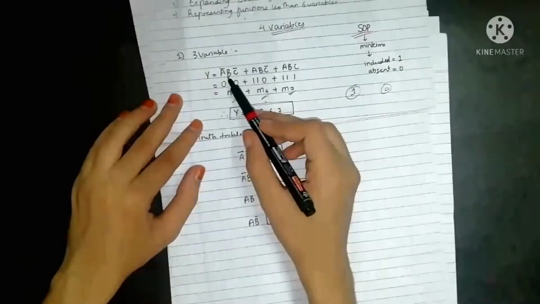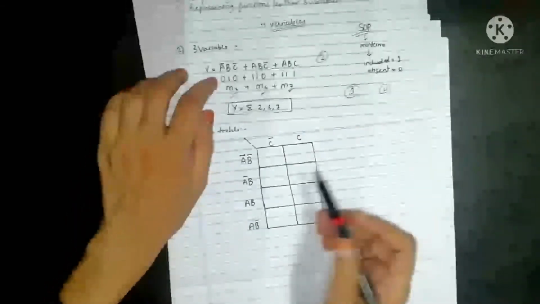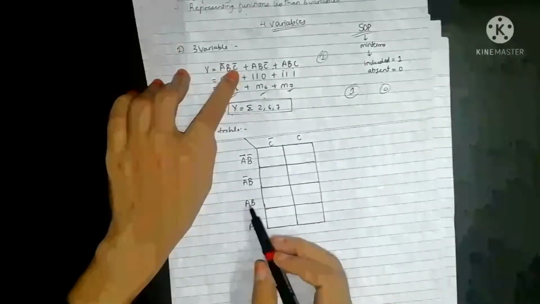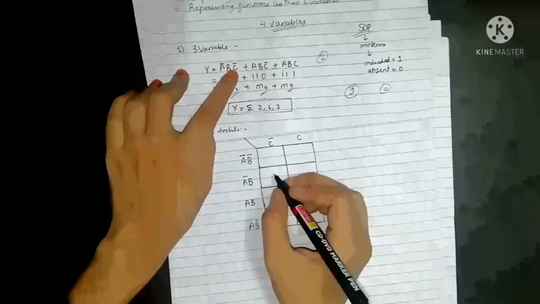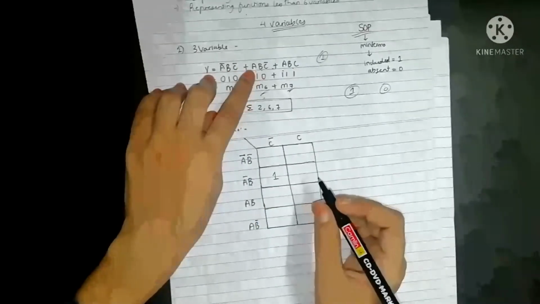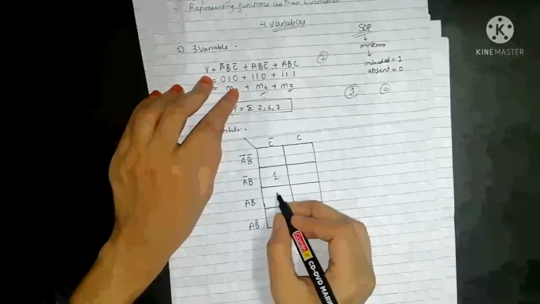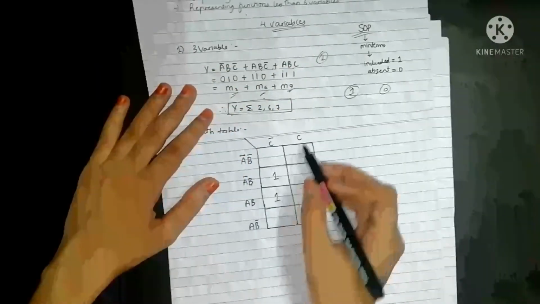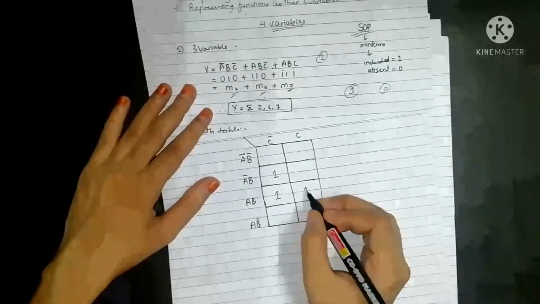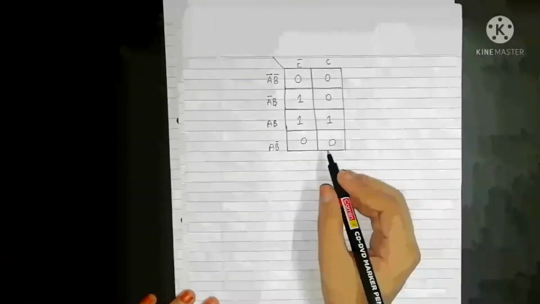We said for a bar b c bar, a b c bar and a b c, we will write 1 in the K-map. So locate these points: a bar b c bar. Here I am having a bar b, and here is the c bar. So here I will write 1. The next term is a b c bar. So a b and c bar. Then the last term is a b and c. So a b and c is here. So here 1 will be there and the remaining will be 0. So in this way a 3 variable K-map is constructed.